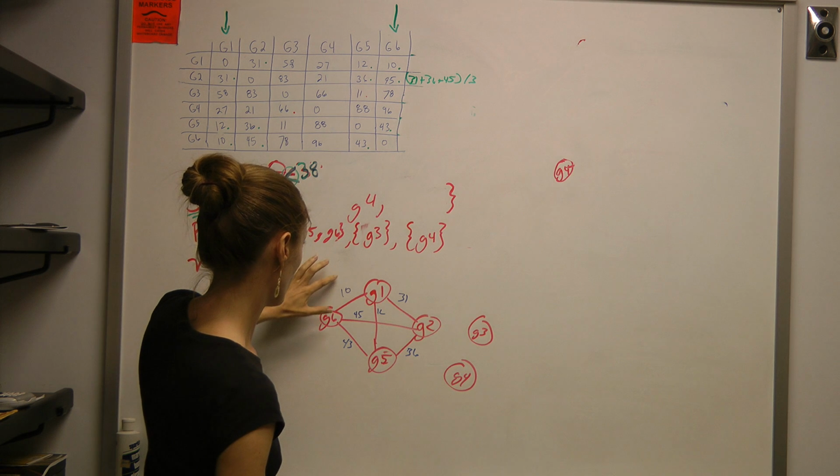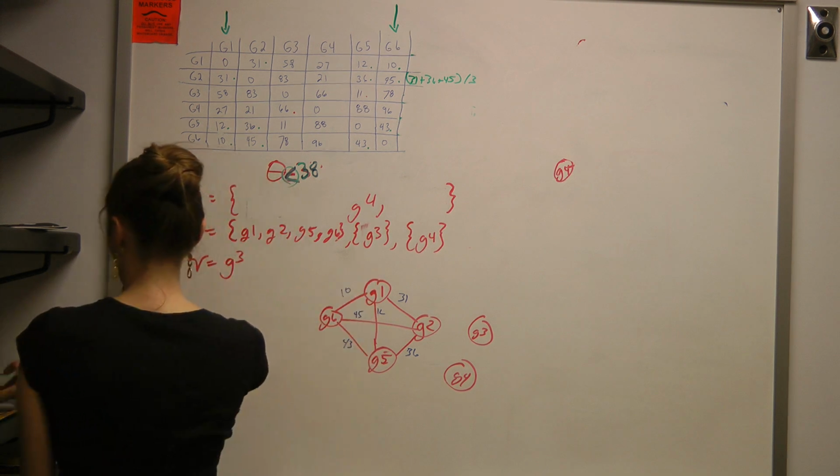We should have a total of 1, 2, 3, 4, 5, 6 edges. So if I were to